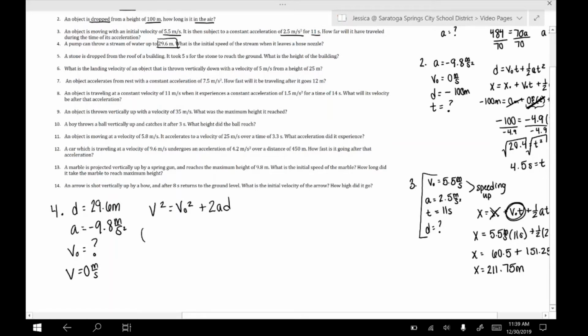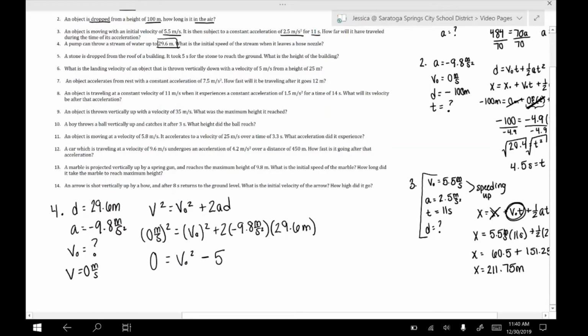So I have a final velocity of 0, an initial velocity of an unknown value, that's what I'm looking for. 2, remember to use negative 9.8 meters a second squared, and the d is going to be positive here because it is moving upwards 29.6 meters. And I put the squared on the wrong spot there. Okay, so this is 0 equals v0 squared minus 2 times 9.8 times 29.6,